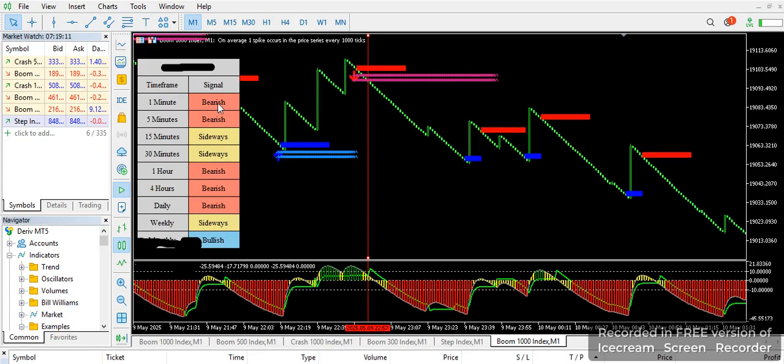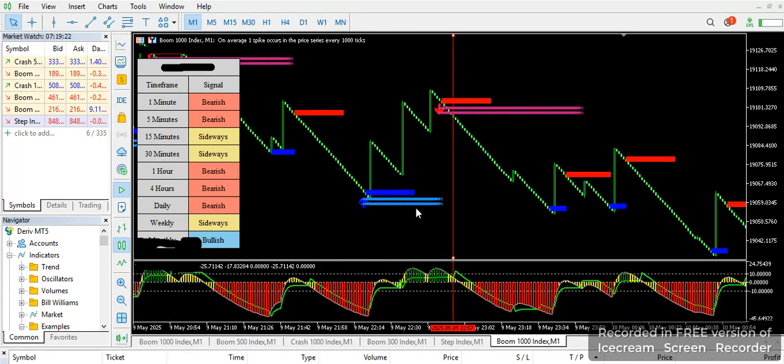And you can see what happened here. On the 1 minute time frame, we have our bearish here, we have our sideways, we also have our pullback entry. So now, why is it that I cannot take this particular trade at this level? Because we have our confirmation at this level. Why don't I need to take this particular entry? The reason why I don't need to take this particular entry is that once the breakout